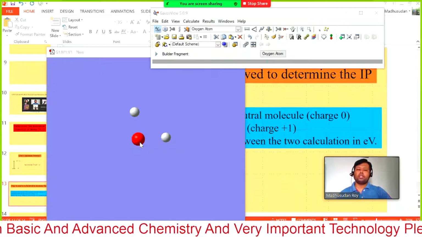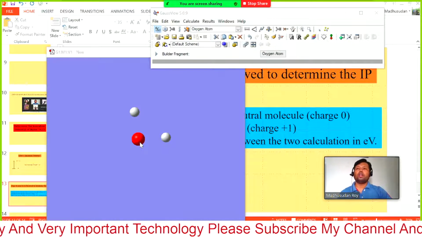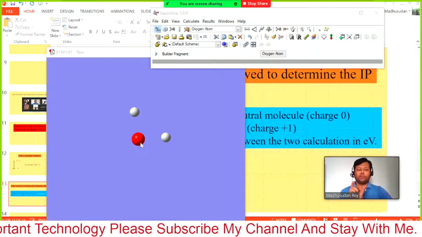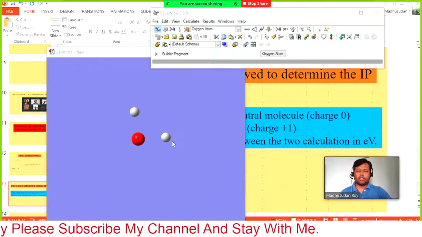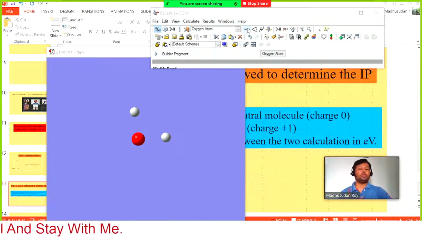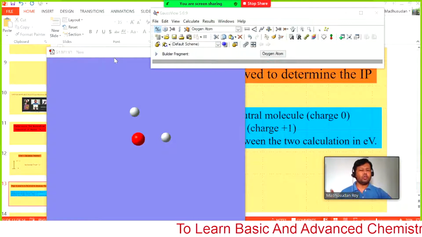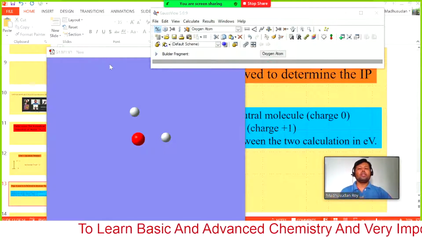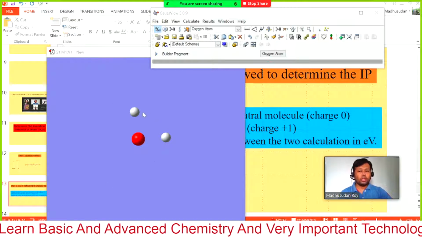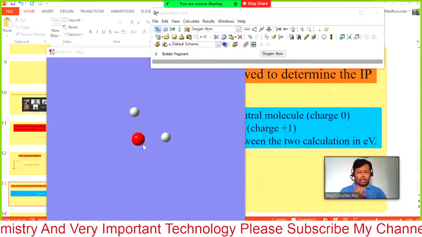Bond length is the distance between the two nuclei. I want to know, do you have any idea what the value would be for the bond distance between oxygen and hydrogen? Approximate. You don't need to have the precise value, because we are going to fix that, because we will optimize using this program. So what the exact value is, we will find out using our program. You don't need to know exactly, but we will know from this program, so we are going to use it to optimize the molecule. How it optimizes, I will show you later.